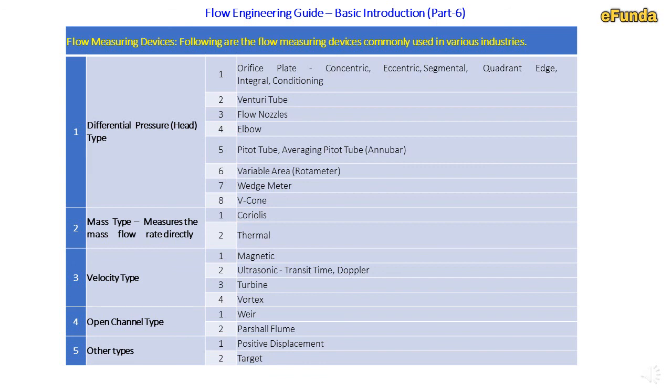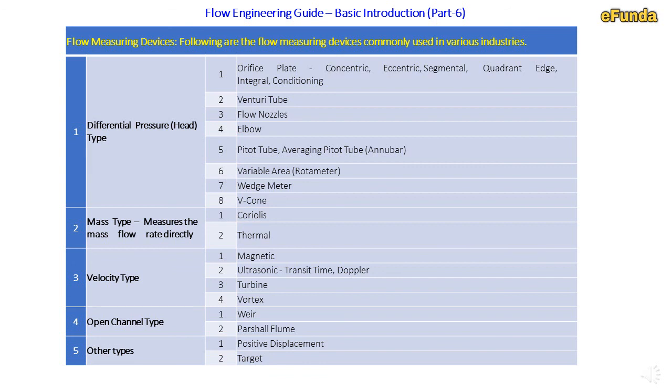Under velocity, magnetic flow meter, ultrasonic flow meter, turbine flow meter, vortex type flow meter, and various other types of flow meters are covered in tables 4 and 5. For these details, we will have a separate session or a part where we will cover these types in detail